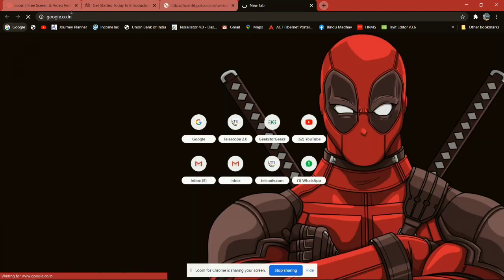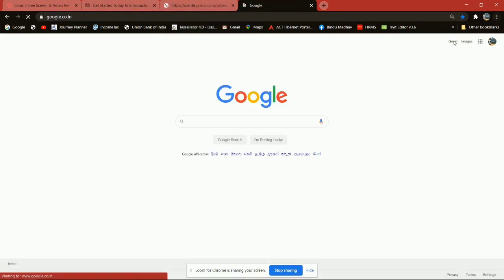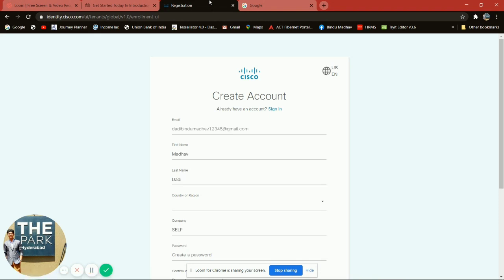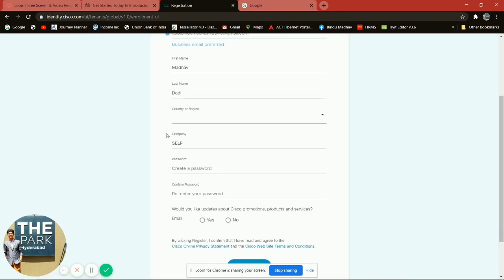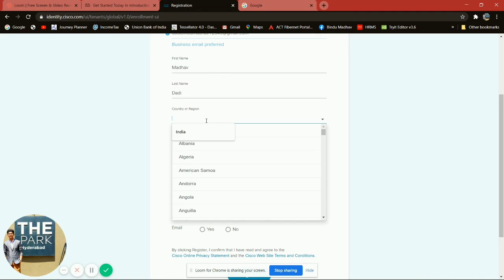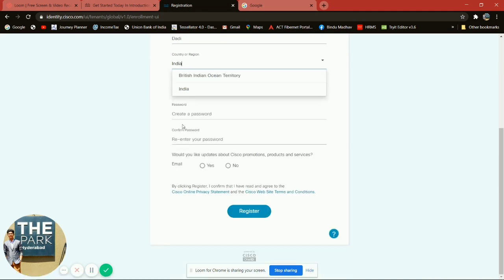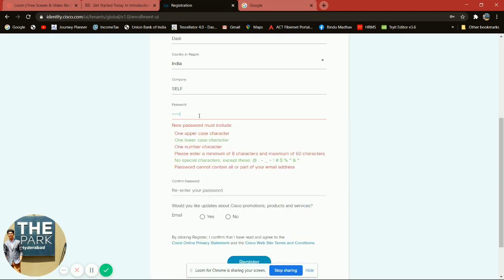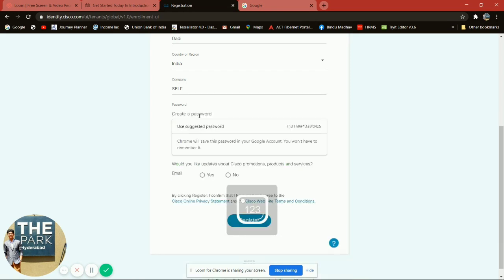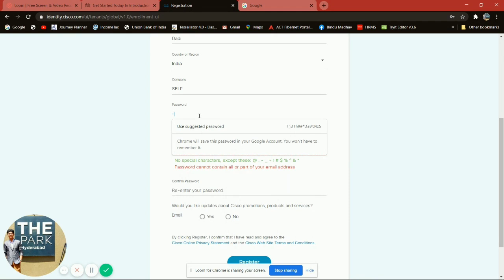Let me open my Gmail account beside. Here is the main page, the Cisco main UI. So here you have to register, and you have to create your password, and the password should contain at least one character, one capital, and one number. So make sure your password is much stronger.